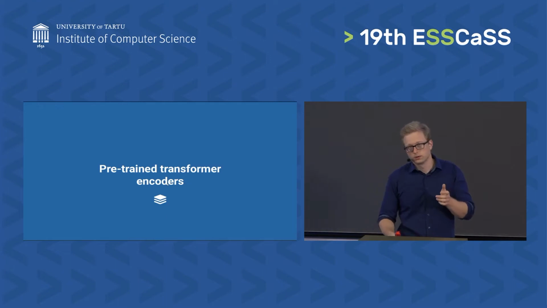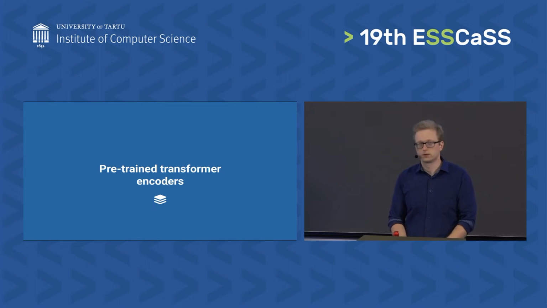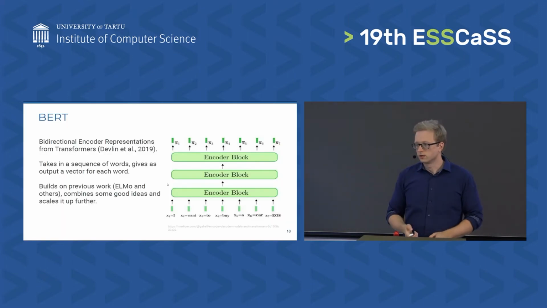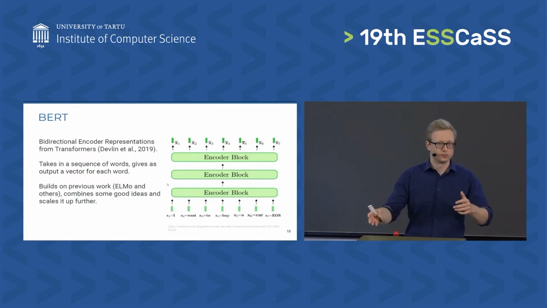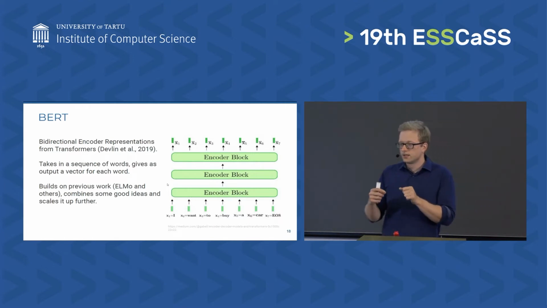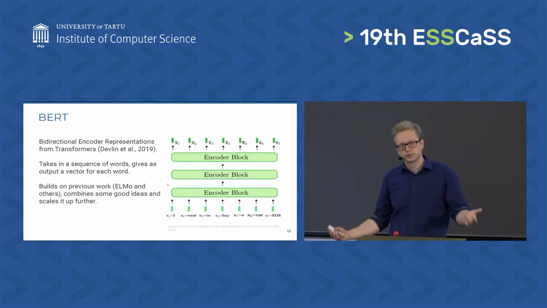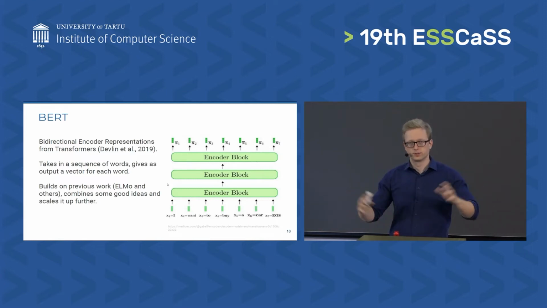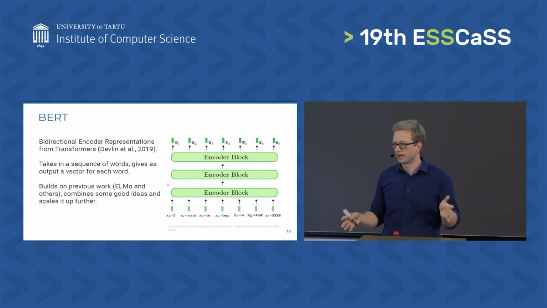Now let's go to the state-of-the-art, the modern way of doing this. After ELMo was published, Google went ahead and published BERT. This stands for Bidirectional Encoder Representations from Transformers, and it's also a play on words because Bert and Elmo are two Muppets from Sesame Street. It takes ideas from ELMo, it takes ideas from a few other papers, it puts them all together, and it scales it up more than it had ever been done before up to that point.